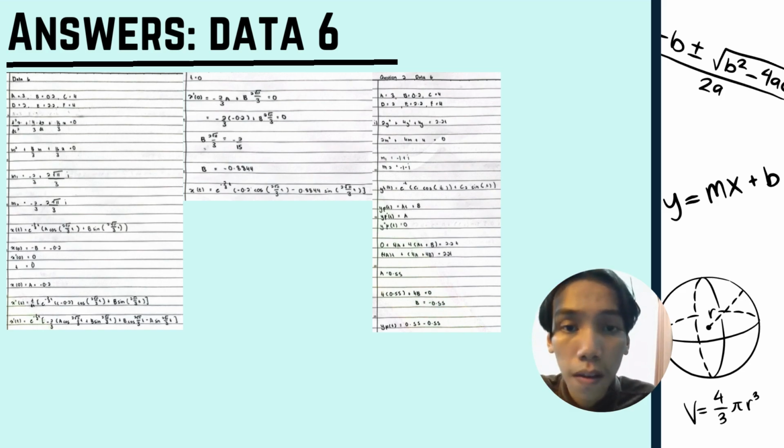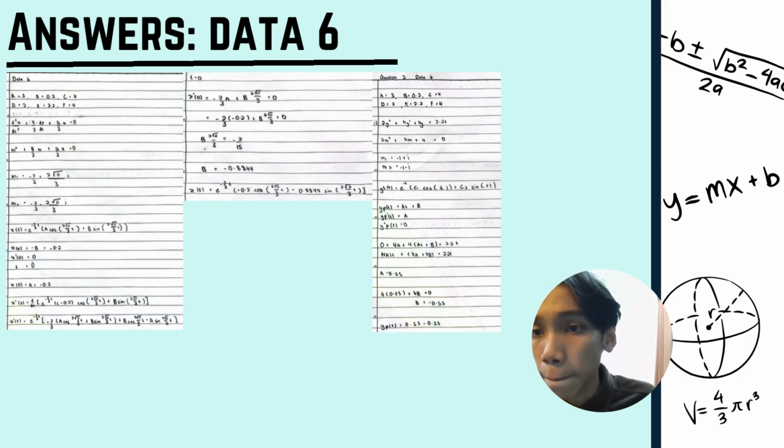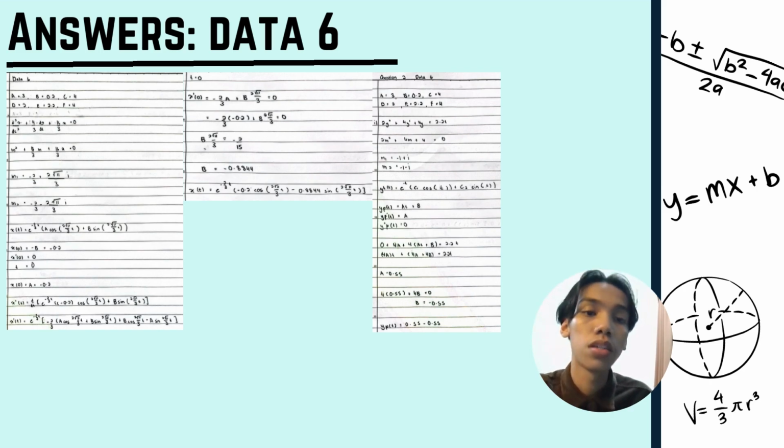Then after you are done with all that, for t equal to 0, when you calculate, you will get the b, which is negative 0.8844, and you need to also do the same, put it back to the xt formula, and you will get it like shown in the slide.